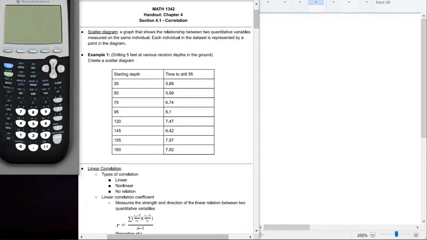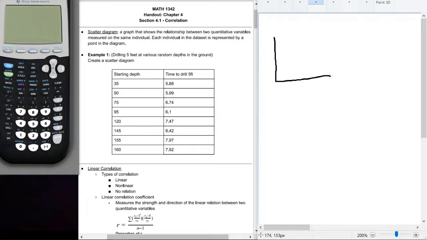First, for a scatter diagram, we should expect some data points that can line up like this. We can expect data points that can maybe go like this as well. It's all about trying to identify a trend. For example, if you're looking at this first graph, it appears that there's an upward trend with the data, so this is a positive